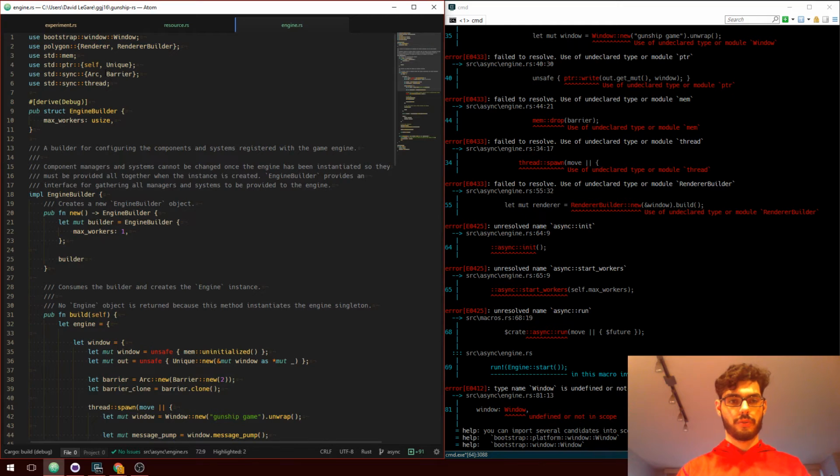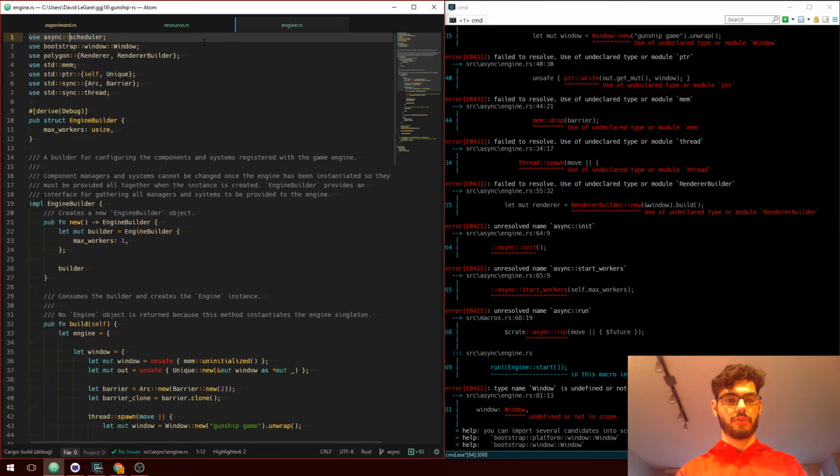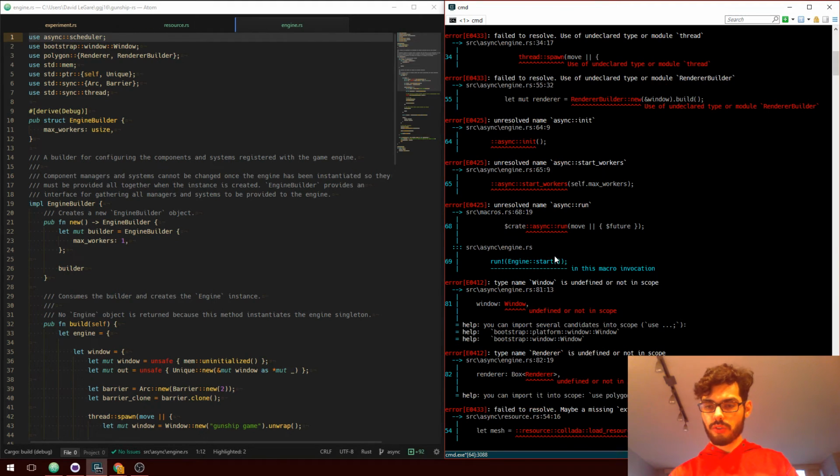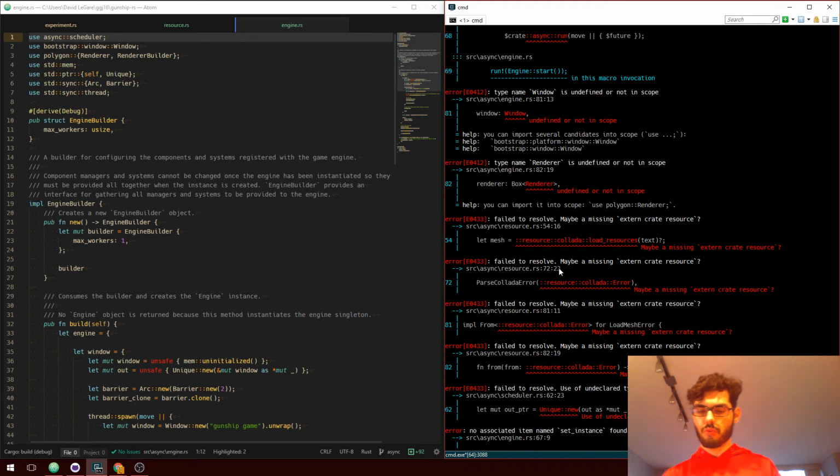So we're gonna just do use scheduler. Actually, it's async scheduler, so this goes at the top. No windows. Render I've got now. Resource collada, load resource, source async resource. Right.